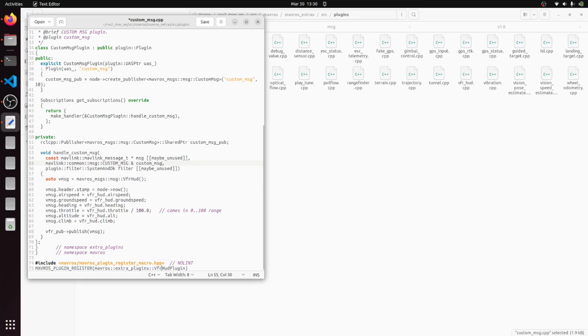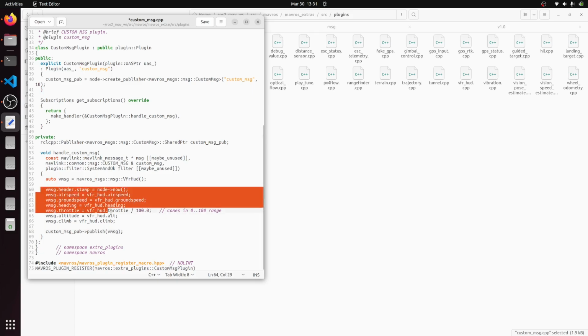This plugin register has VFR HUD, so let's replace this also, custom message plugin. Okay, and all these things are fine. Here also we need to change to custom_message_pub, right? Okay, now till here we have changed everything, and in our custom message file we don't have these many messages,